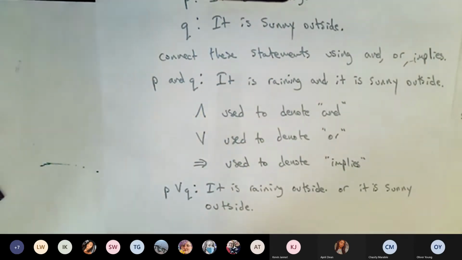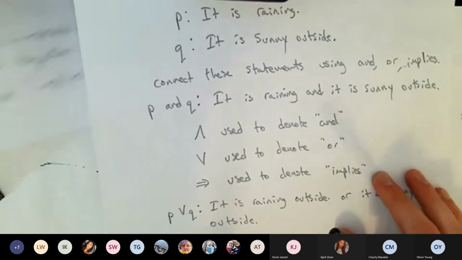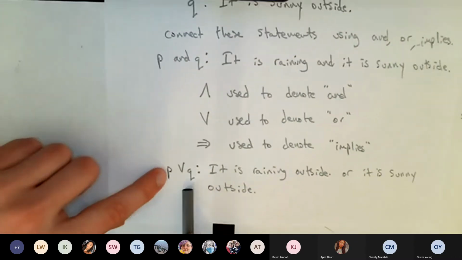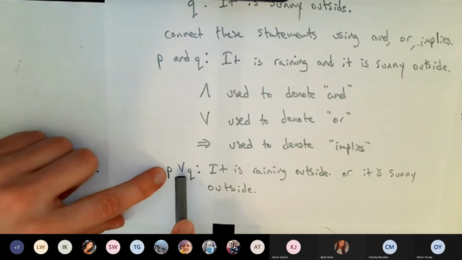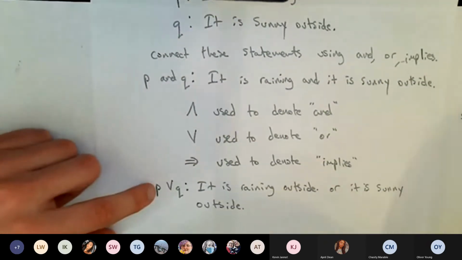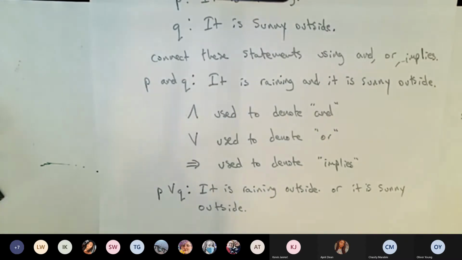In the next section, we're going to talk about how to connect the truth values of these two distinct statements. And once we connect them with these different symbols, these different connector words, what happens to the truth value of the statement overall? So we'll look at that. But